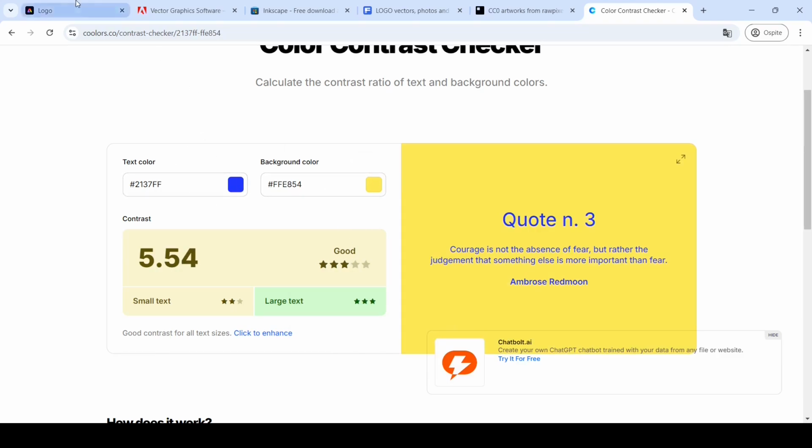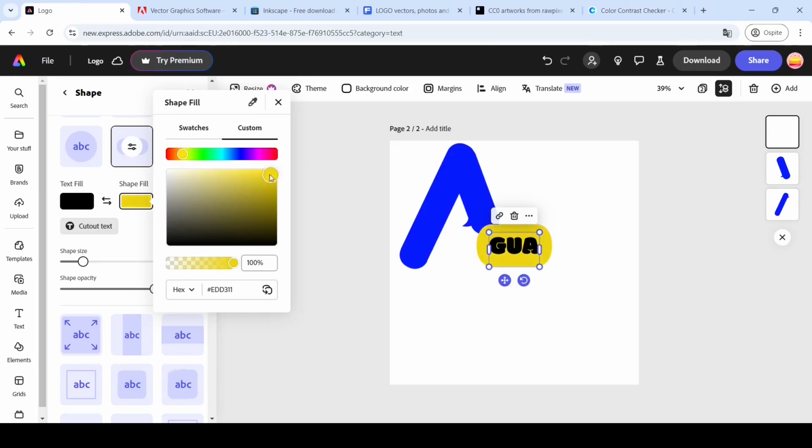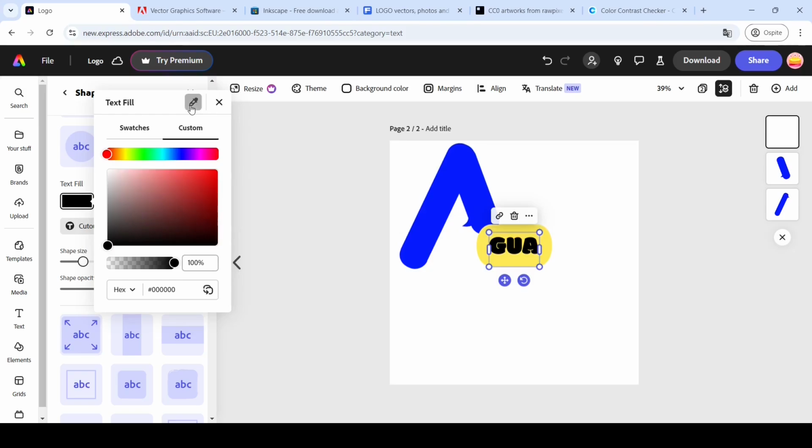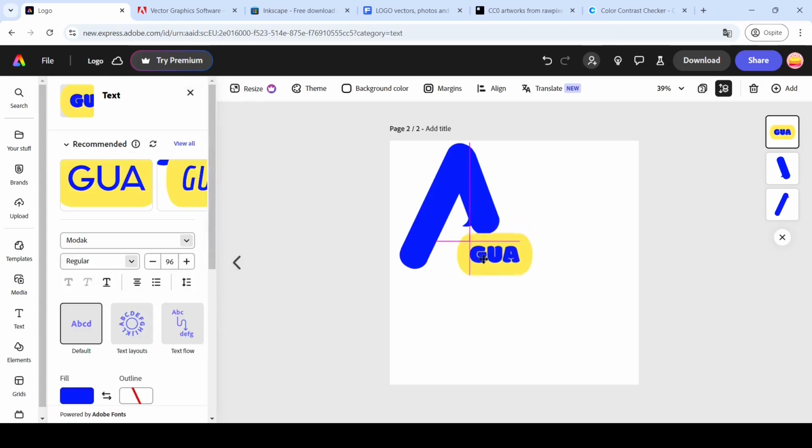So let's move back to our logo and pick our shade of yellow. And then let's move to text fill to change the color of the other letters in the same blue. Now that we picked our palette, we can adjust the sizing